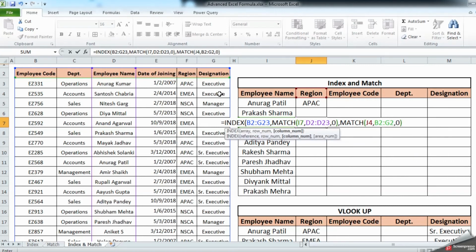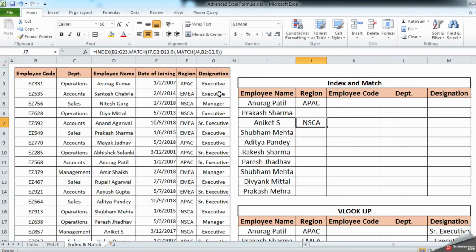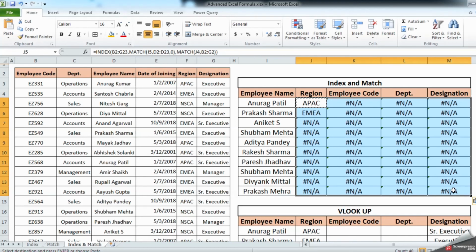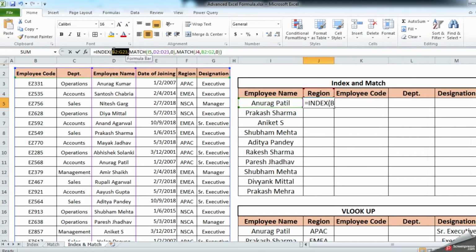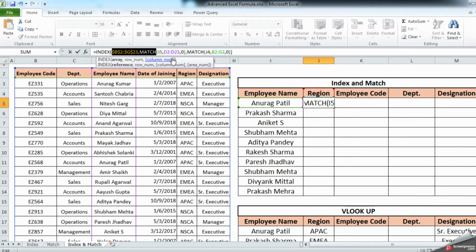Now you need to fill up the blank column. All you need to do is just copy and paste. But when you copy and paste like this, you will get an invalid result because you have not locked the right cell. So let us lock the range over here. The first range will be locked using F4 from your keyboard. Second will be locked with F4 from your keyboard. Now remember, I am not locking this criteria. I'll lock this range with an F4 sign. F4 again, doing F4 over here and F4 over here.